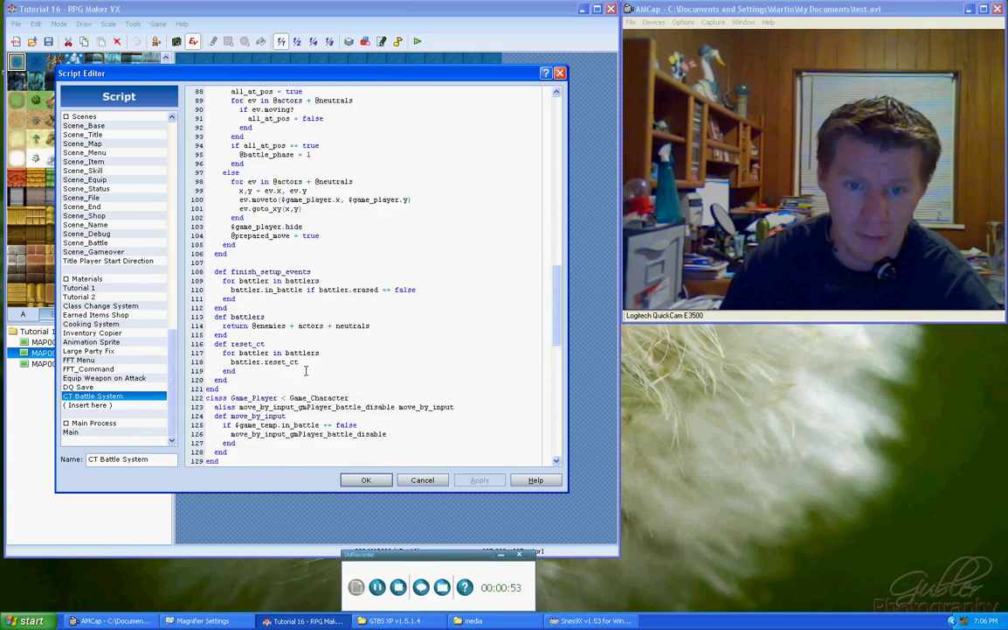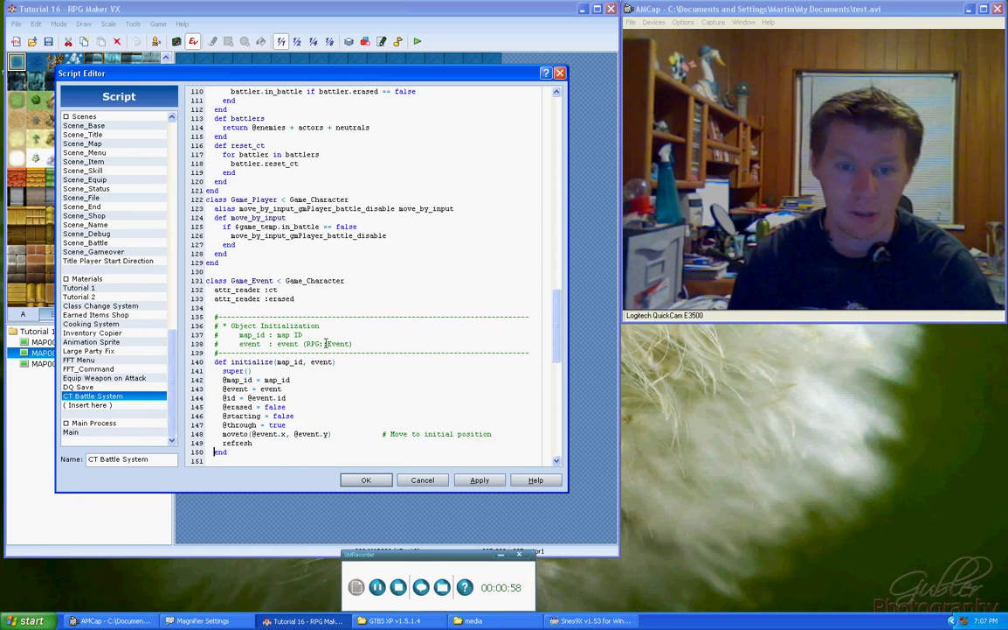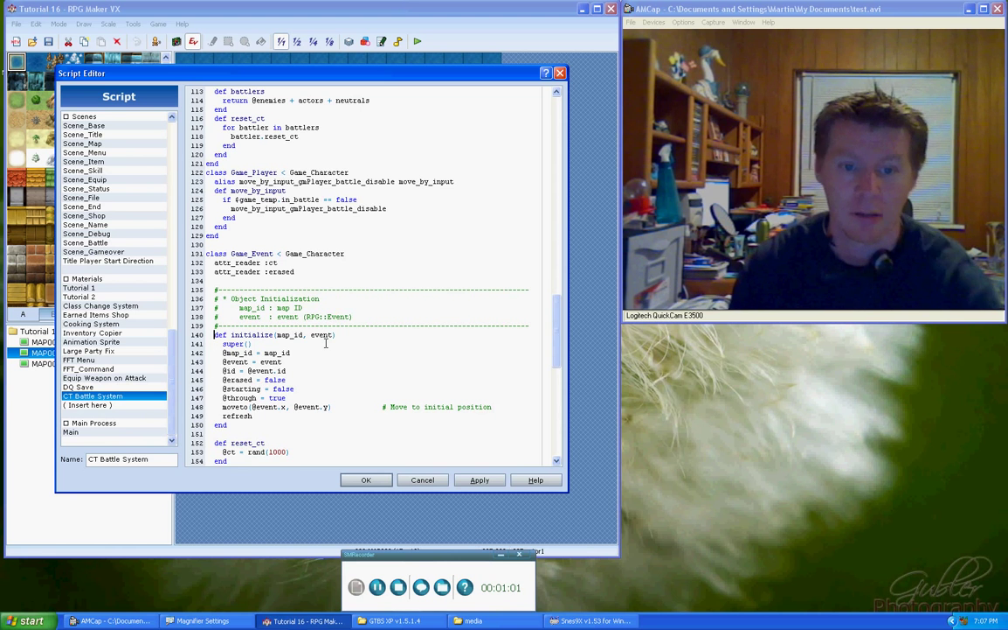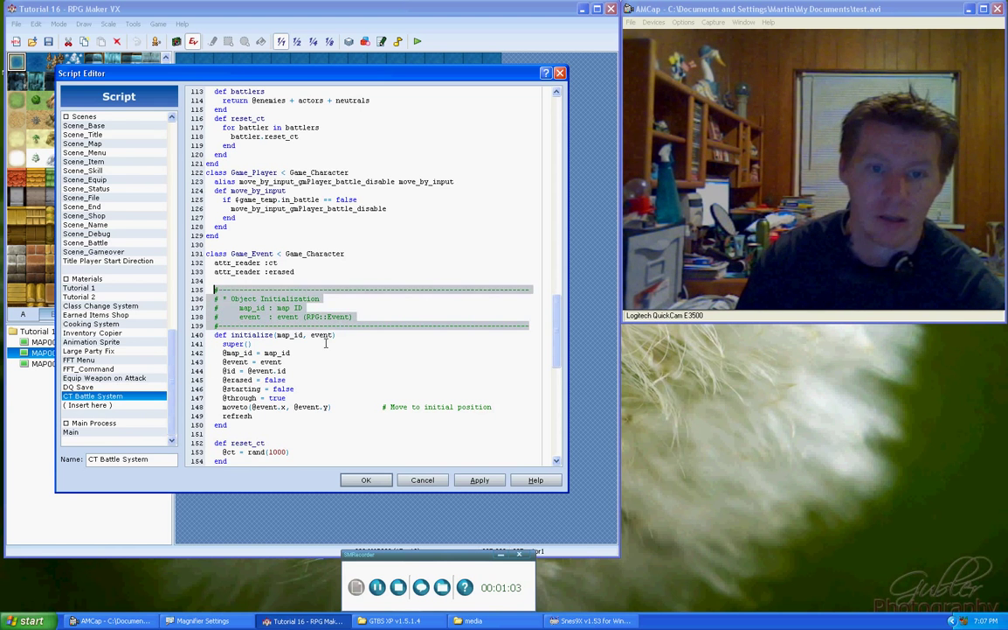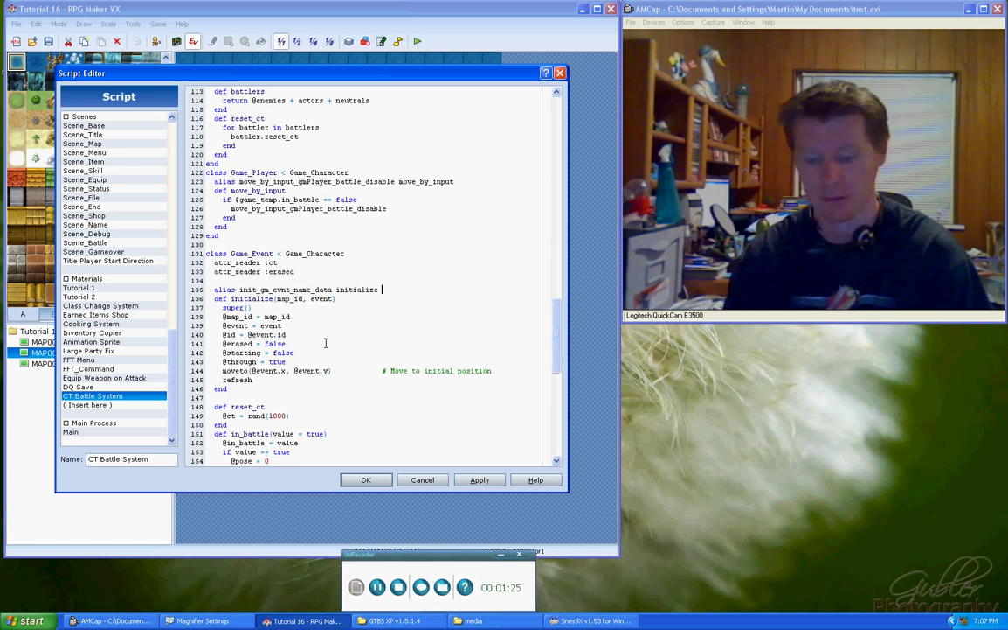So we do have the game event code down here that we've already modified, so we're just going to create and modify the initialize method. Here we are going to say alias initialize or init game event name data initialize. There we go. I really can spell. Oh, and don't forget your unless $@